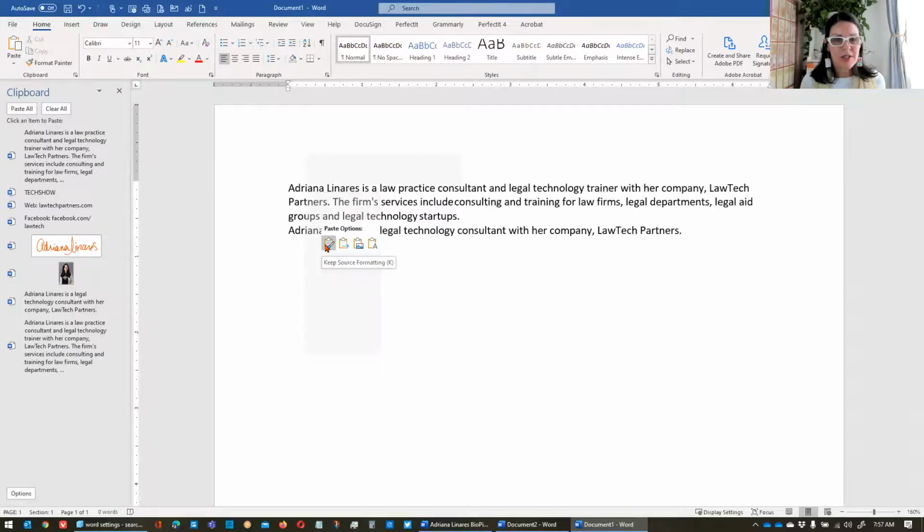You'll see these paste options. They are by the first option. Remember, I changed mine to keep text only. Keep source, merge the formatting where Word says, okay, you've got Times New Roman 12 over here. You're pasting into Calibri 11 and it's bold. I'm going to give you some sausage that I make from both of those. Sometimes it works out really well. So you can usually hover over it and see, it's giving you a preview of what it's going to look like before it pastes it. Typically, keep text only is the best option if you've not changed your default. That's going to bring the document in with the default font.